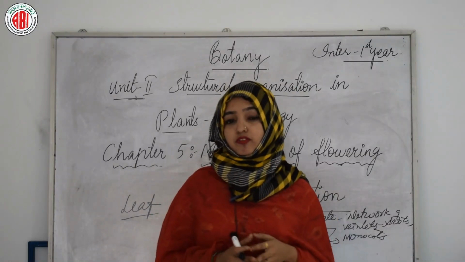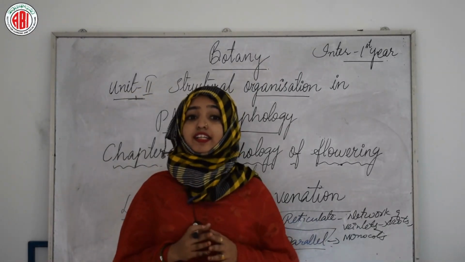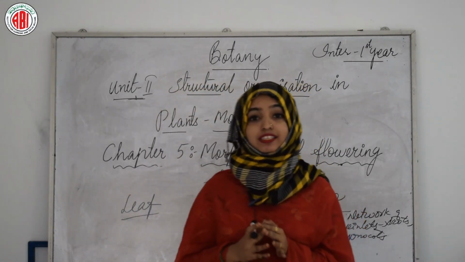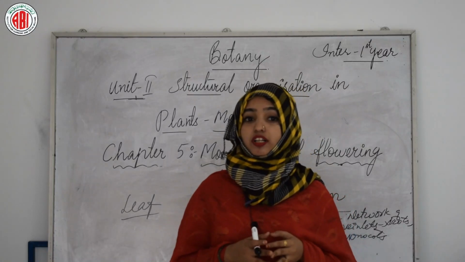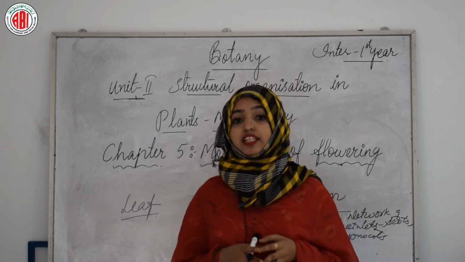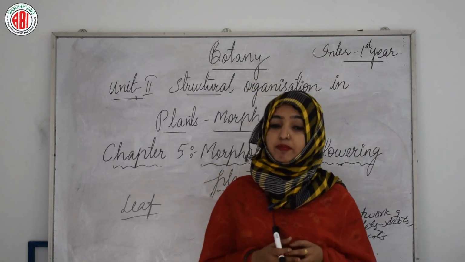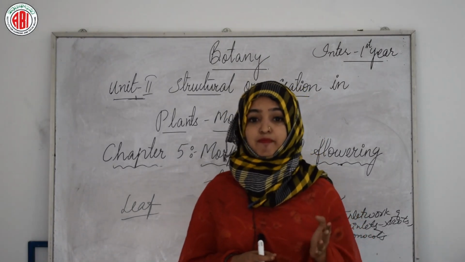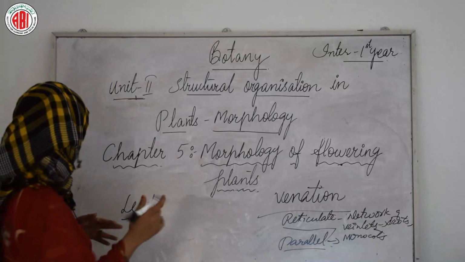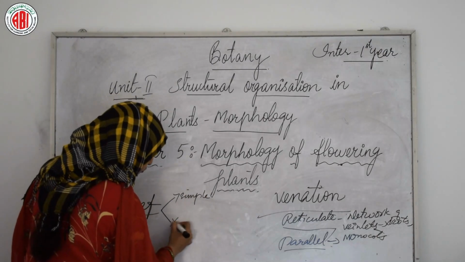So coming to the different types of leaves, a leaf is said to be simple when its lamina is entire or when incised and the incisions do not touch the midrib. So that kind of leaf can be called as a simple leaf, and when the incisions or the lobes, we can say, of the lamina reach up to the midrib, breaking it into a number of leaflets, the leaf is called as compound. So that will be the opposite of the simple leaves, and a bud is present in the axil of the petiole in both simple as well as in compound leaves, but not in the axil of the leaflets of the compound leaves. So that was the first classification of leaf, in which the leaf was classified into two, that is the simple, and the second one was the compound.